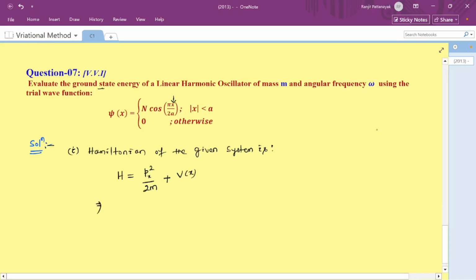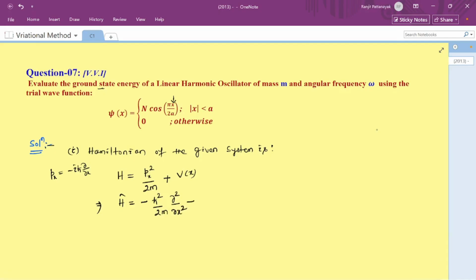If I consider the Px operator value, that is minus i h cross del by del x, then this Hamiltonian operator will be written in this form as minus h cross square by 2m d square by dx square, because only x-axis differentiation is present. Potential will be half m omega square x square. m is the mass given in the question, omega is the angular frequency. Okay,